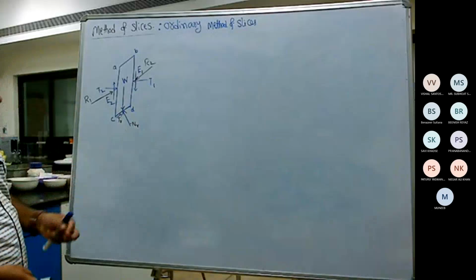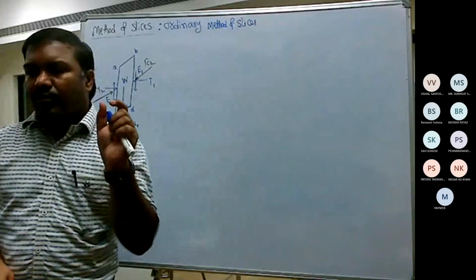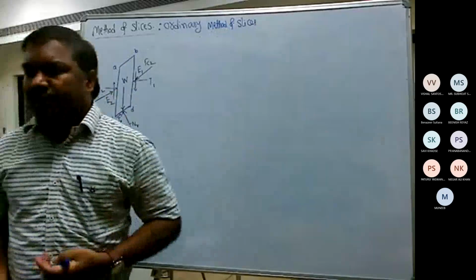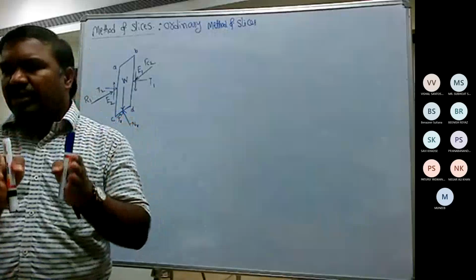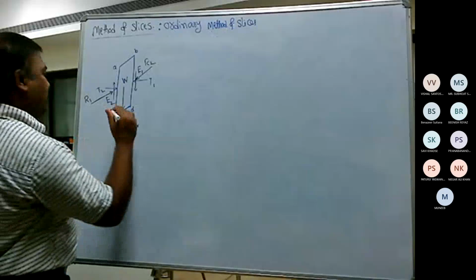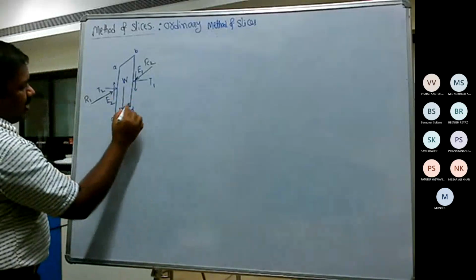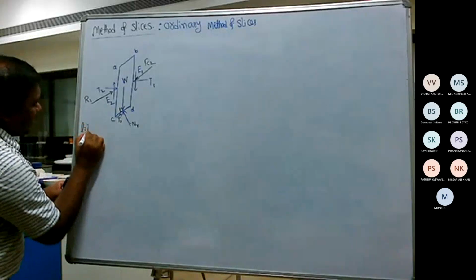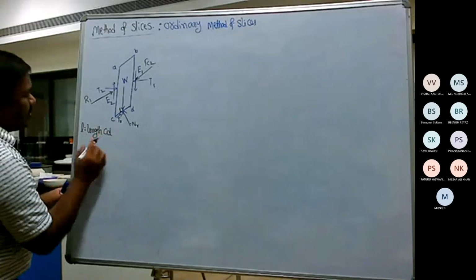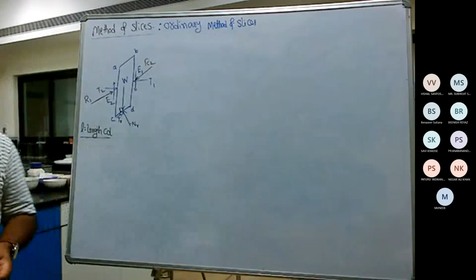Tangent first here. Now here one more assumption is, in all the previous methods they have taken the overall width. If you look at the infinite slope, there we have taken the width in the horizontal direction, but in all methods of slices they have directly taken the length of the slice L, that is the inclined length. L is the length CD, the inclined length CD. So this they have directly taken. Okay.